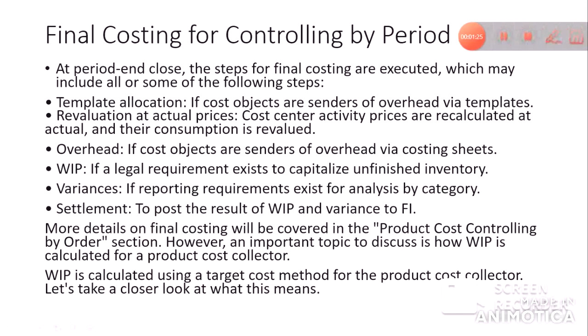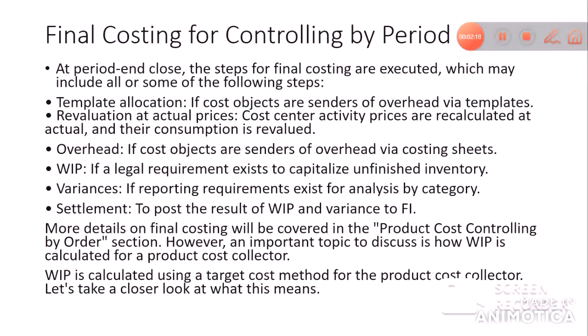Final costing for controlling by period. At period end close, the steps for final costing are executed, which may include all or some of the following steps: template allocation, if cost objects are senders of overhead via templates; revaluation at actual prices, where cost center activity prices are recalculated at actual and their consumption is revalued; overhead, if cost objects are senders of overhead via costing sheets; work in process, if a legal requirement exists to capitalize unfinished inventory;